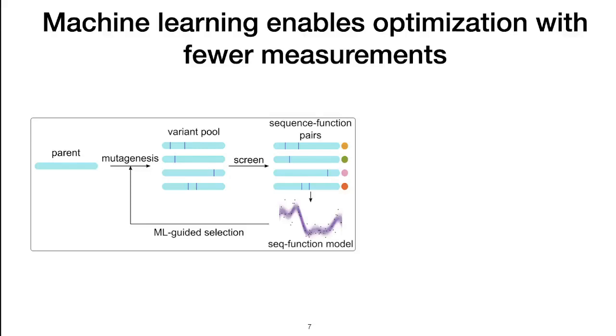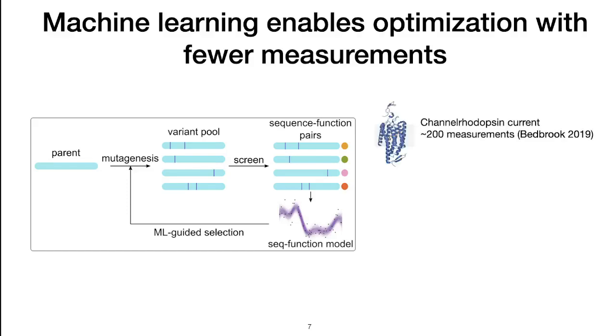Machine learning is one way we can optimize protein properties with fewer measurements by taking full advantage of the information we gain from every measurement. For example, we could start with one or more parent proteins, use some sort of mutagenesis strategy to create a variant pool, then screen that variant pool and get a bunch of sequence-function pairs. We use that to train a machine learning sequence-function model, and then we use that model to guide further rounds of